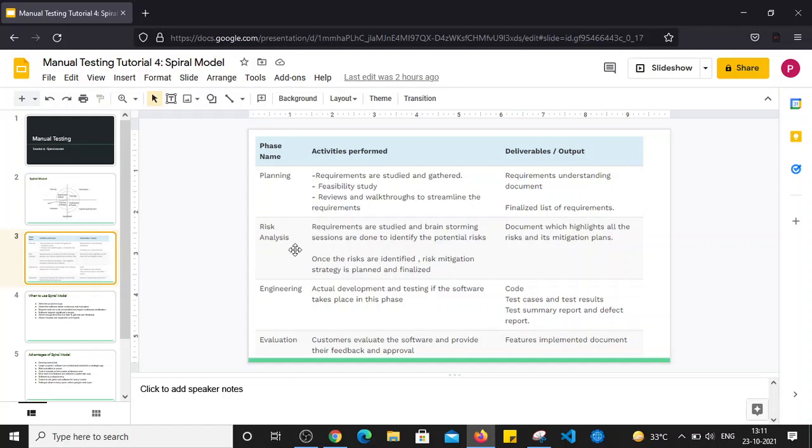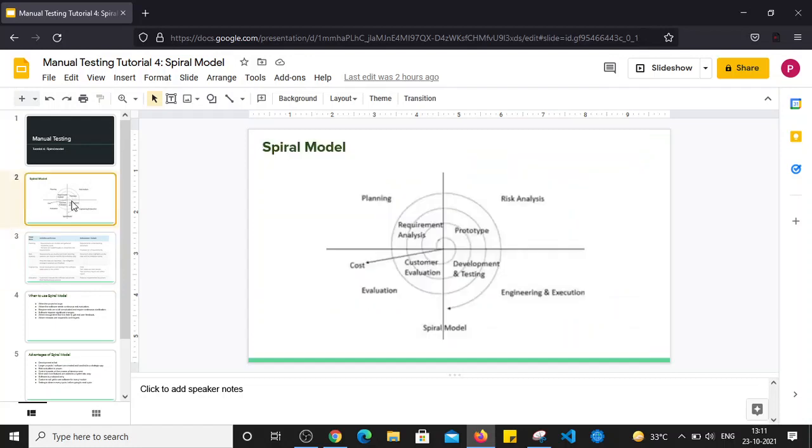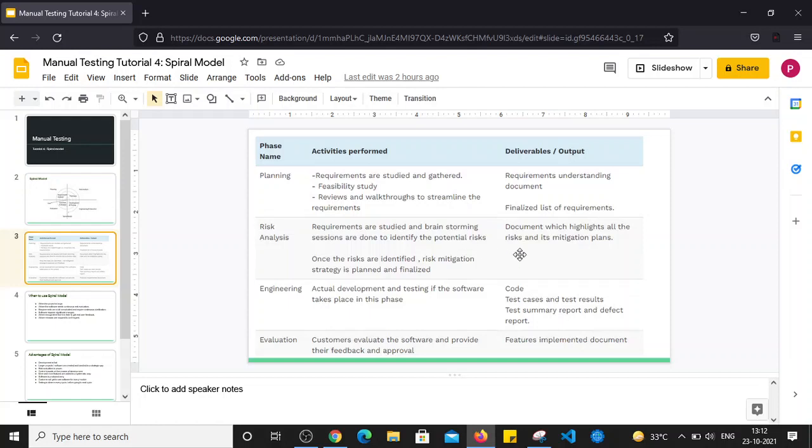And what is the output of the risk analysis phase? Basically documents which highlight all the risks and their mitigation plans. So after the initial requirement phase, we will enter the risk analysis phase for the first cycle. Everything we have seen here will happen in the risk analysis phase. And after that, the next phase is the engineering phase, where actual development and testing of that specific software take place.